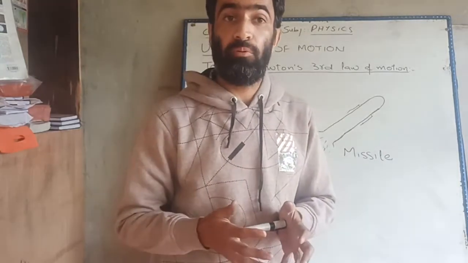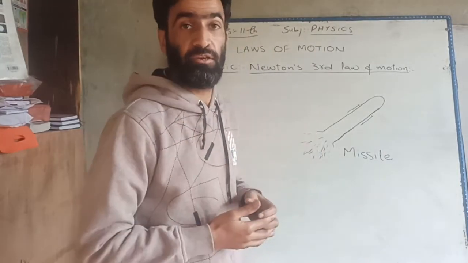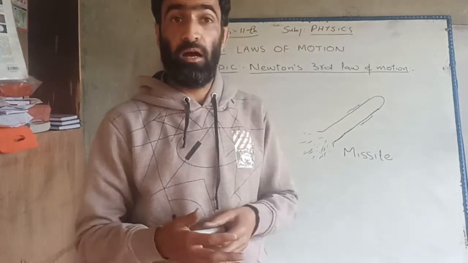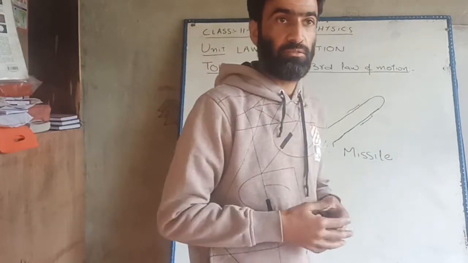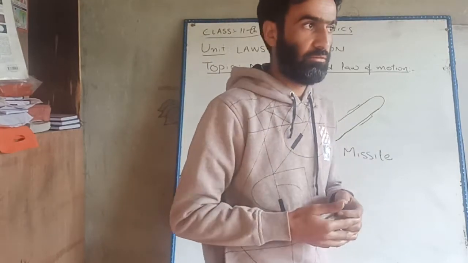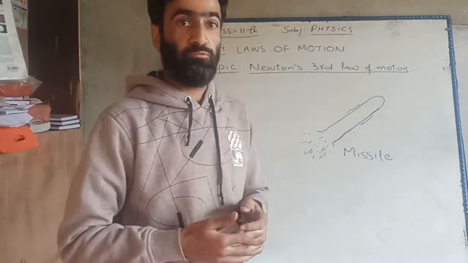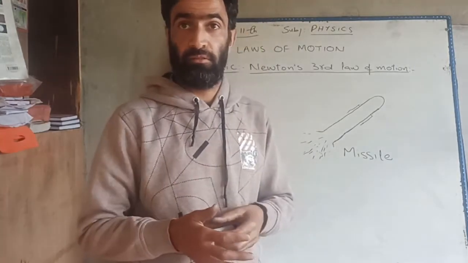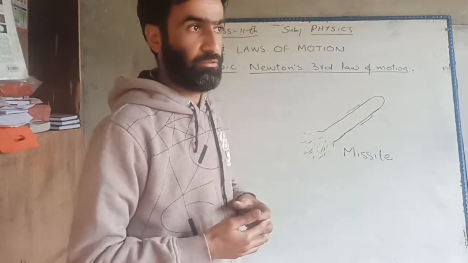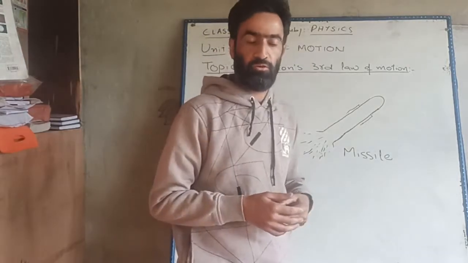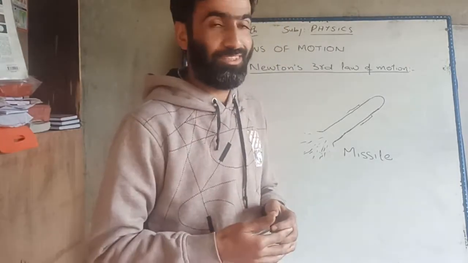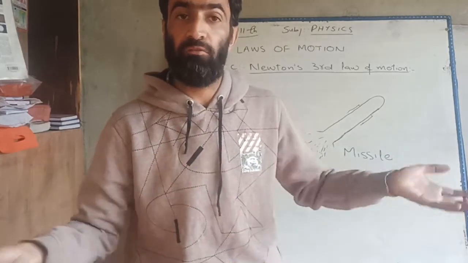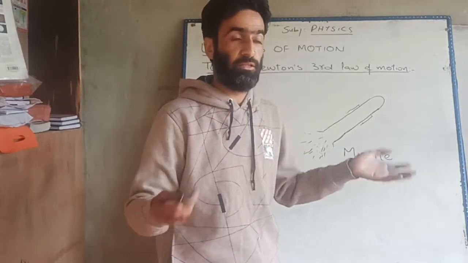Next, there is a missile race, a rocket race, a race of war planes in the world. What is the thing which provides them the success in creating such things? It is the third law of motion. Not only is this law valid in space, it is valid everywhere in the universe, everywhere on the earth.